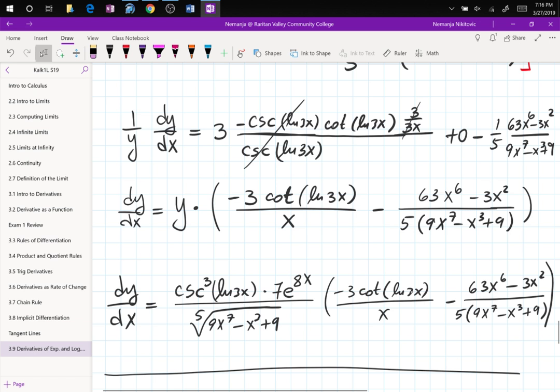So I'm just going to quickly find the problem for logarithmic differentiation. They actually don't have many of these around. They don't put too much emphasis on any of this stuff. Okay, so